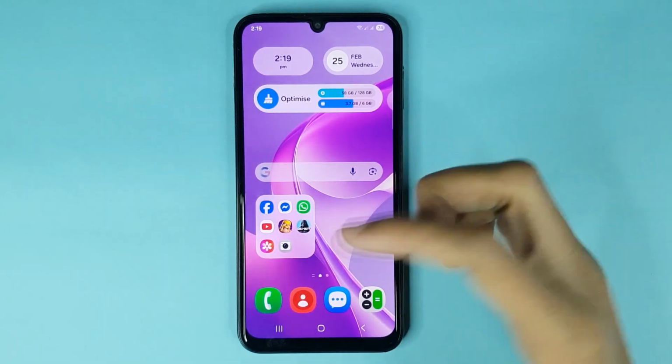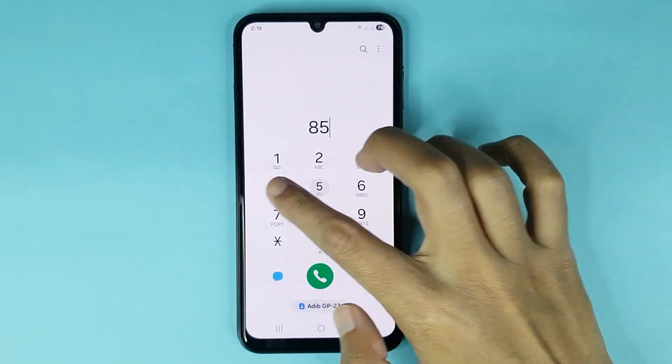in today's video I'm going to show you how to unblock calls in your Android phone. So at first, if I open my phone app and then dial any number,